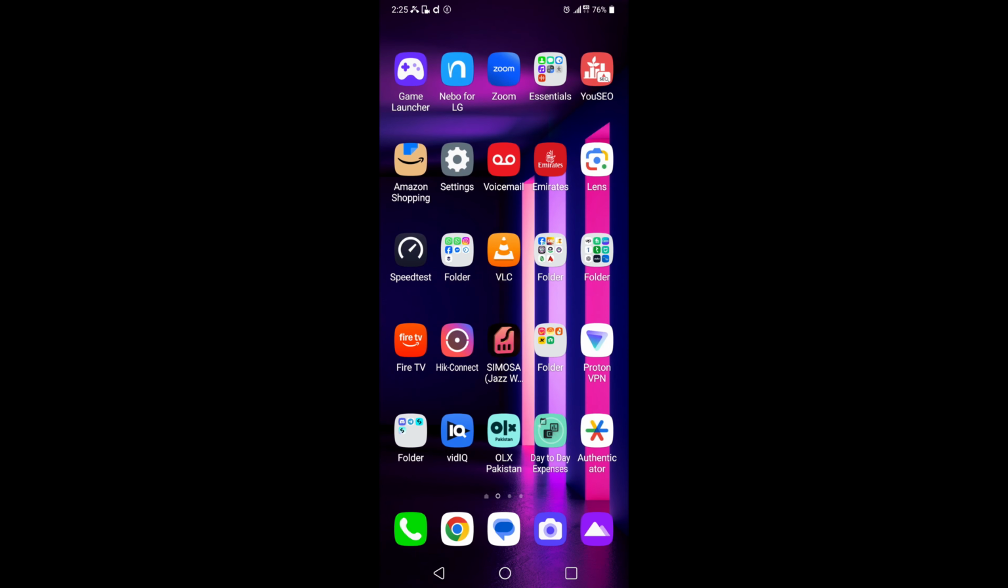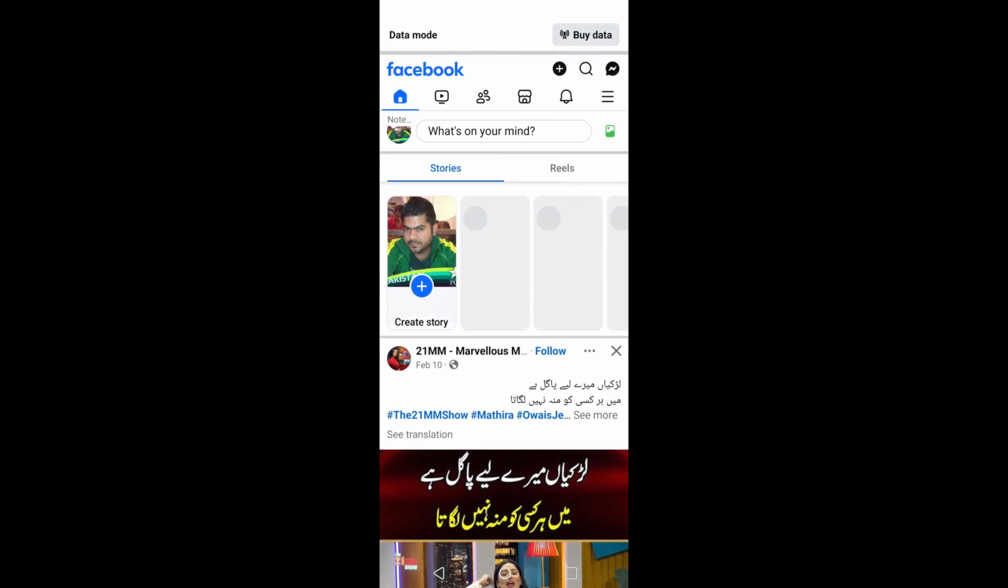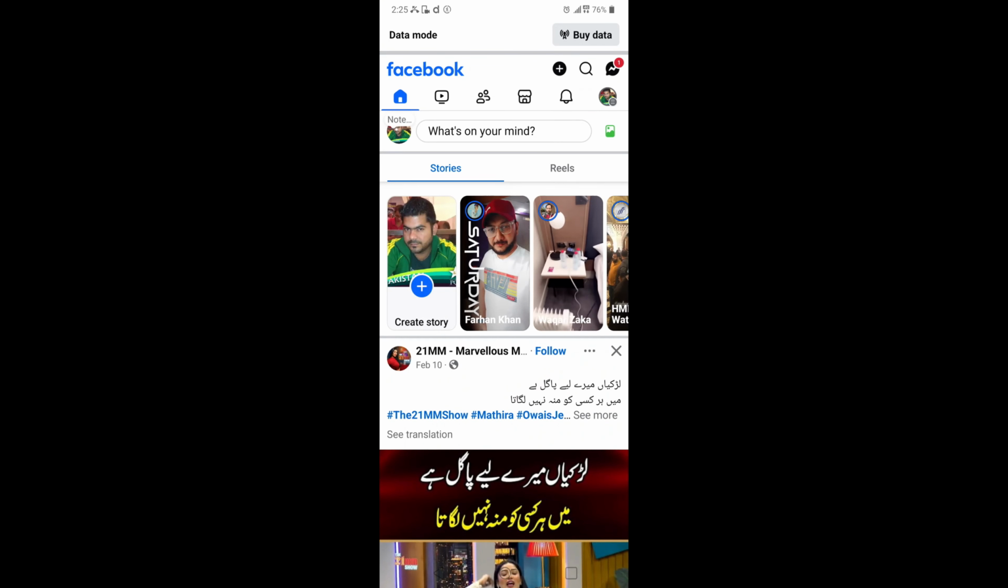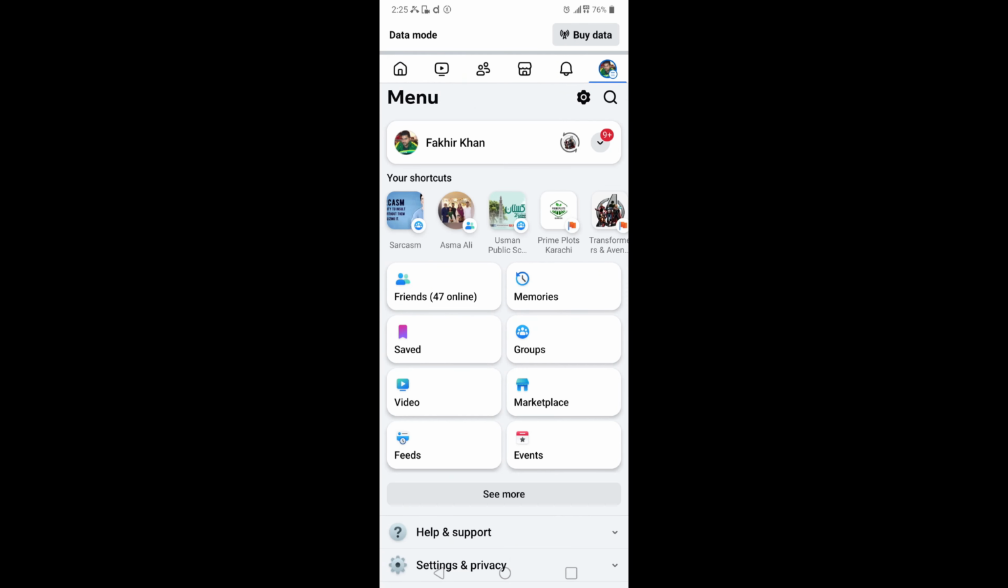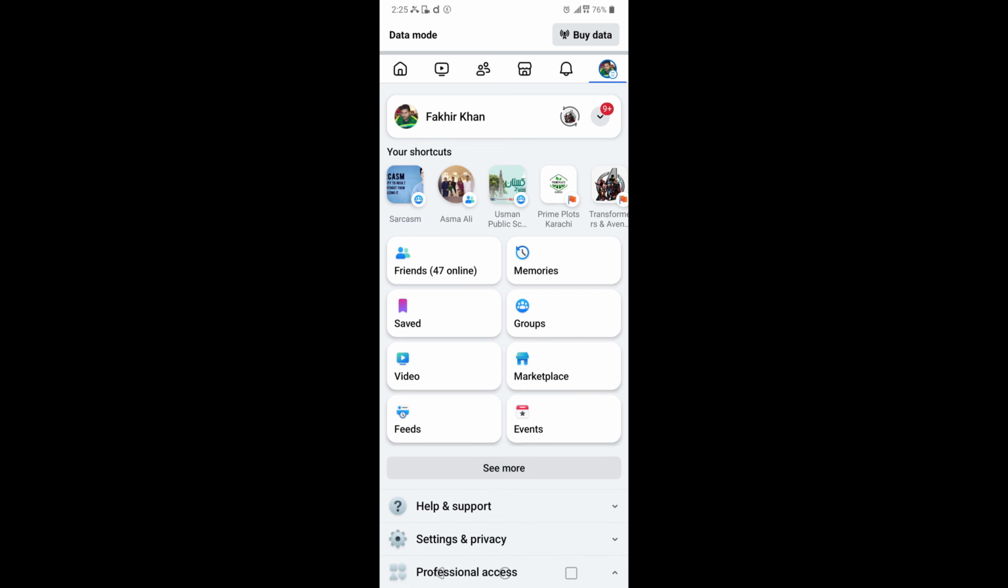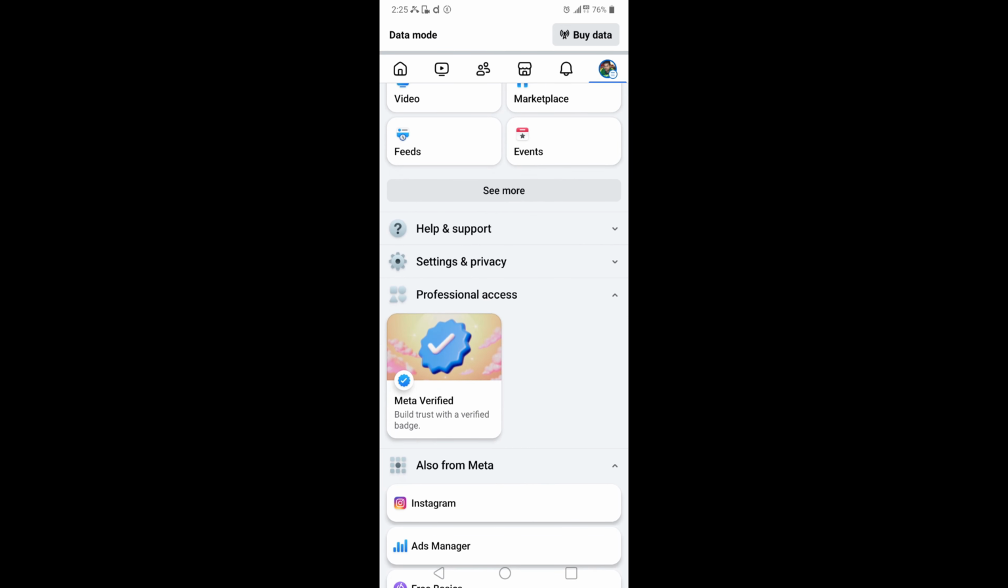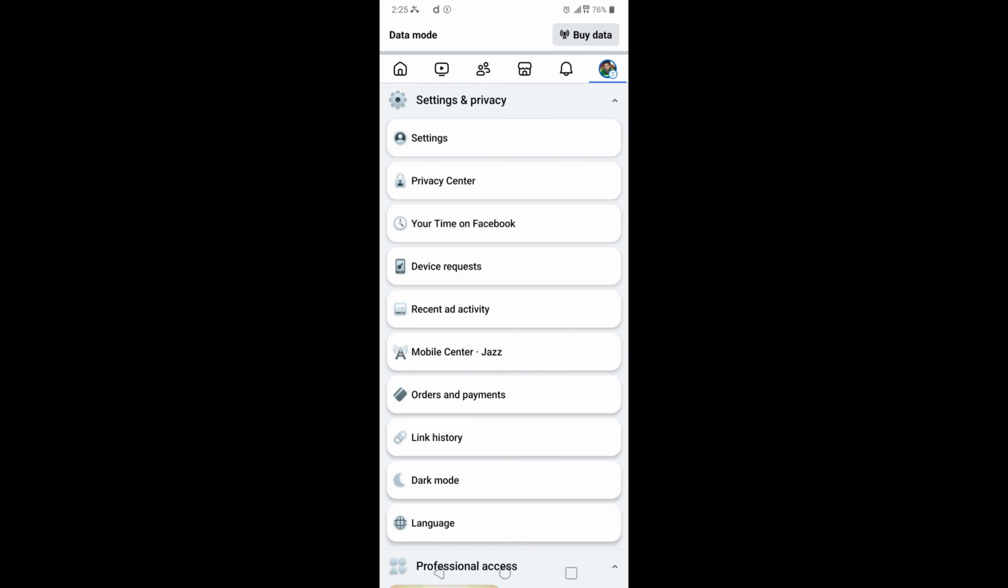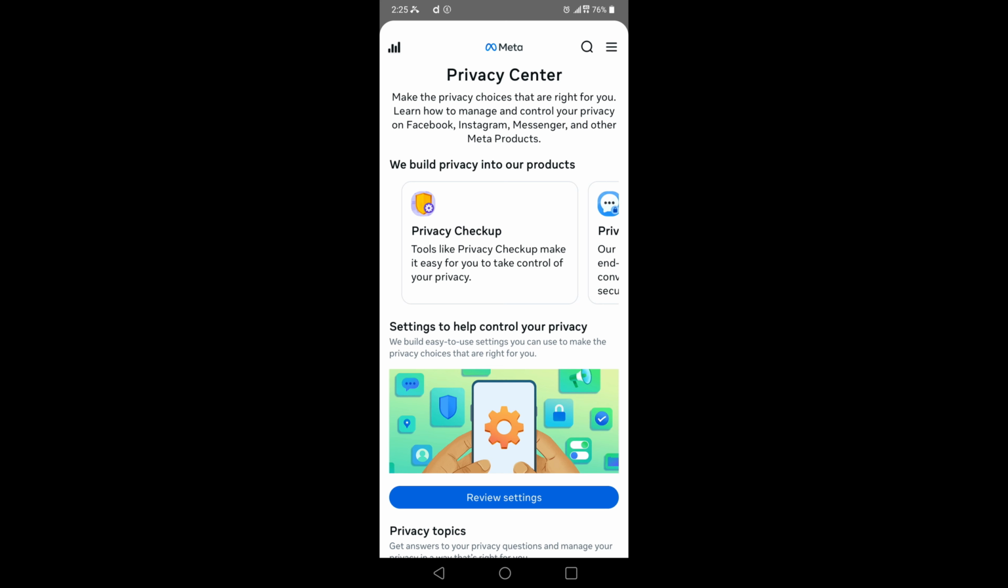First of all, you need to go to your Facebook, click on that, and now you can see on the right hand side top there is your profile. When you click on that, scroll down and then you can see settings and privacy. When you click on settings and privacy, again you're gonna see there is an option for privacy center. Click on that option and now you need to